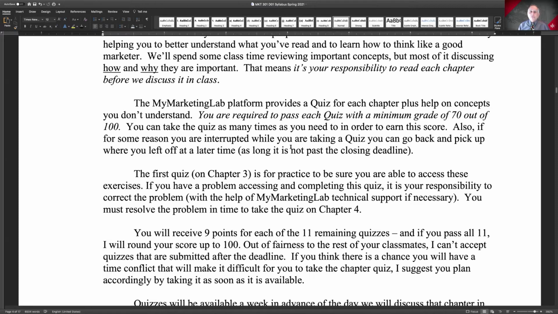I urge you to print out those quizzes after you're finished. I will not be able to open them back up later. So if you ask me to reopen a quiz before a test so you can study from that quiz, I'm going to have to say to you, as I reminded you, and it's in the syllabus, I'm not able to open that up. So just print it as you go and you shouldn't have a problem.